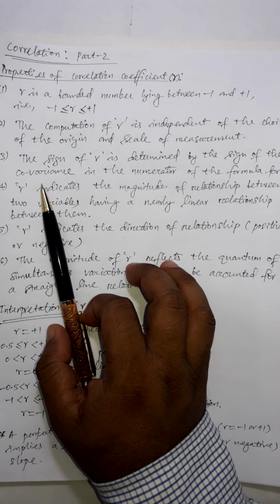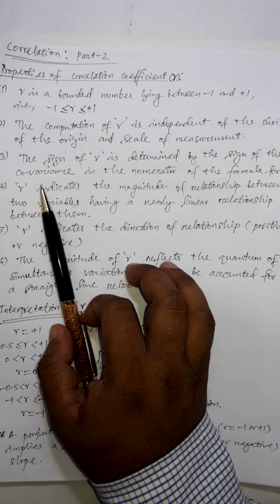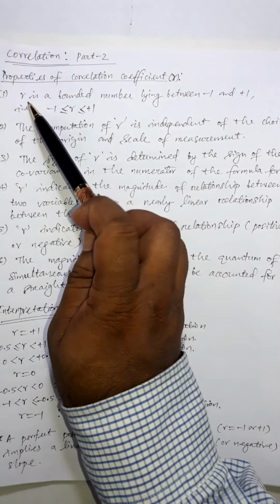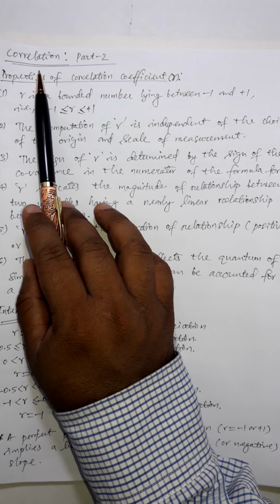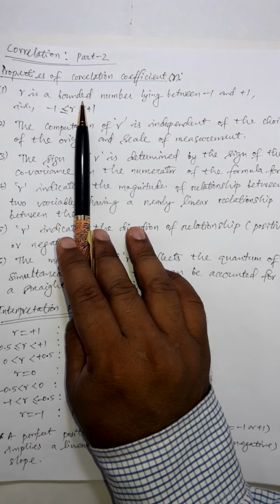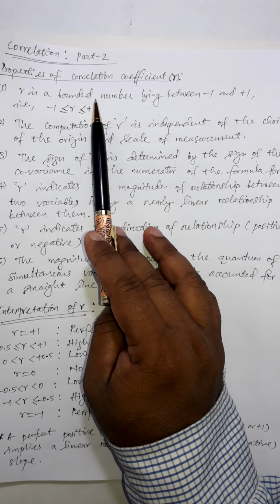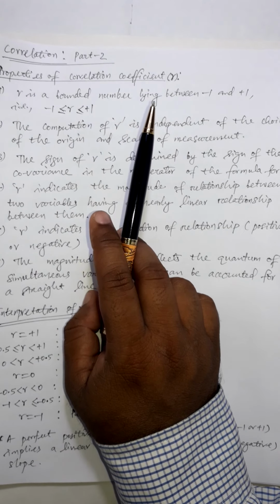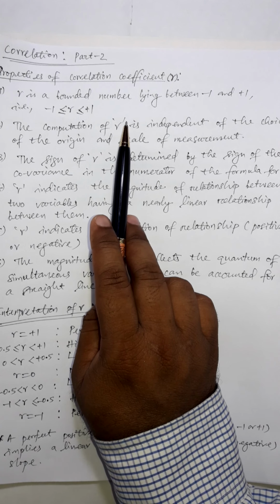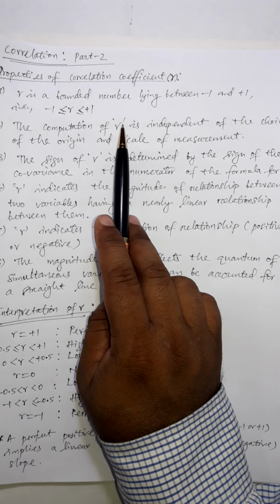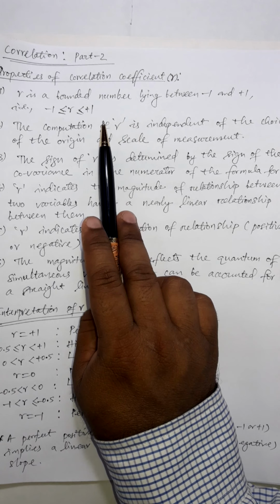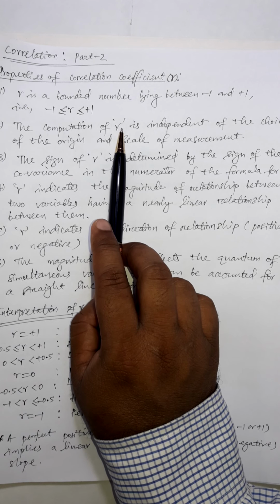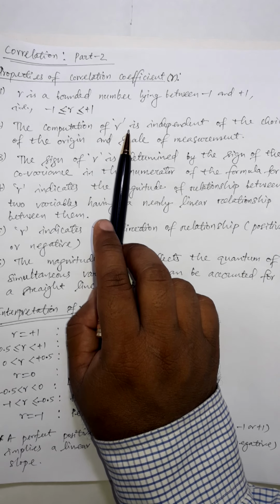Friends, today in this video of statistics, we are continuing our previous topic which was correlations. So in this video, let's discuss different properties, different interpretation, then about errors and also some change of scale and origin and how it affects the coefficient of correlations. These are all the topics of discussion for today's video.